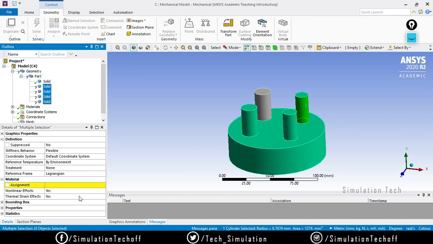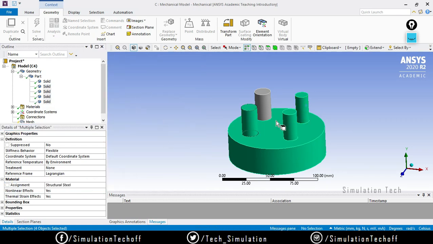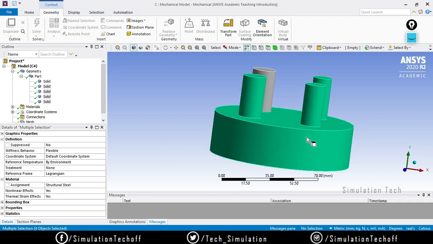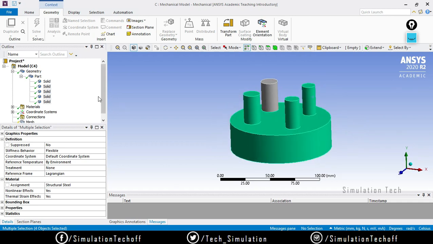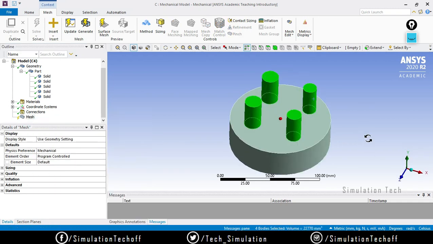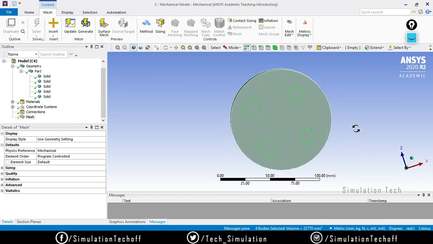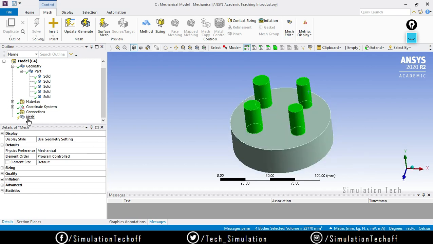Make sure you are assigning the material, that is structural steel. Okay, what happened here? If I right click and say show sweepable body, now it shows that it is a sweepable body, and this one is also a sweepable body. You can give it as a separate one. When I try to generate mesh,